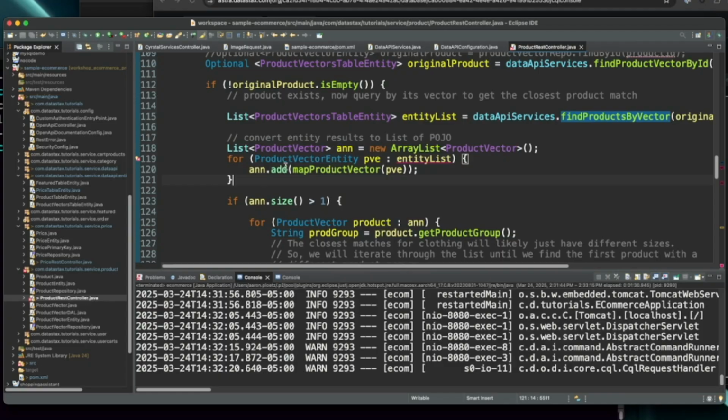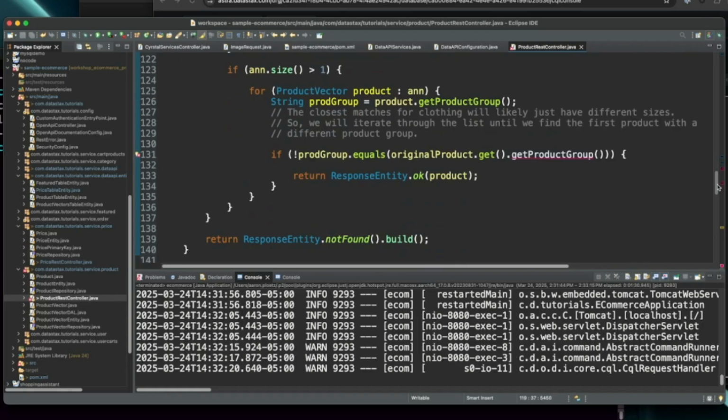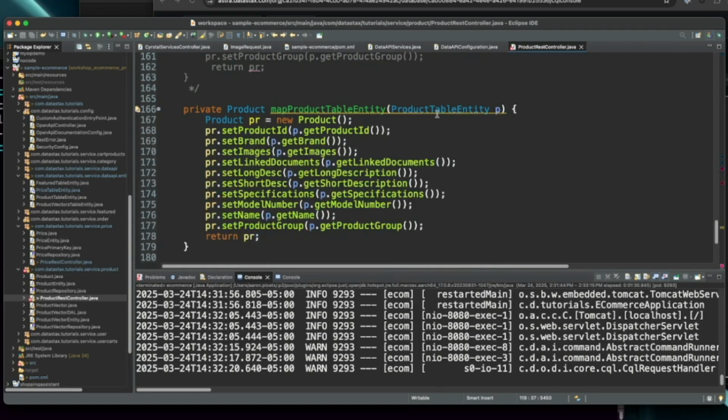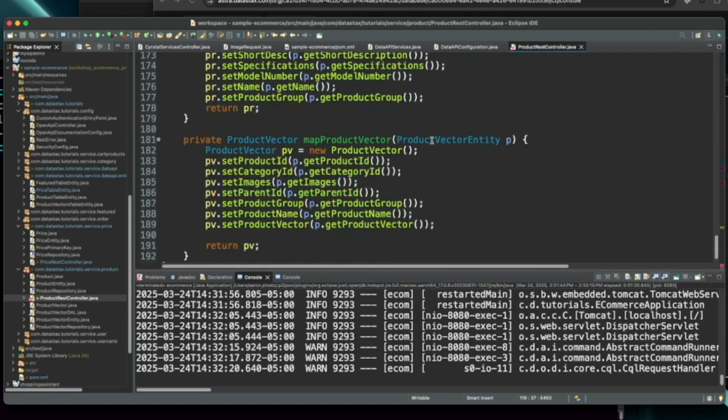All right. And let's update our entity type here. Product vectors table entity. And then we have to update our mapper as well. Yeah, we can say product vectors table entity.